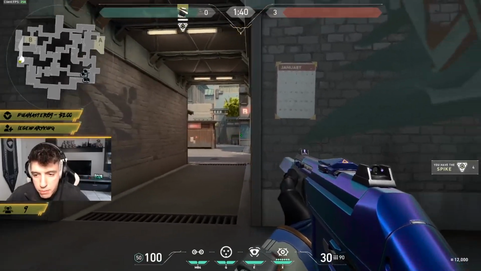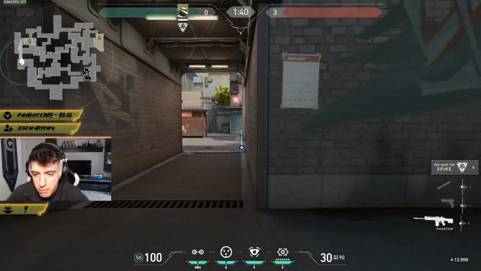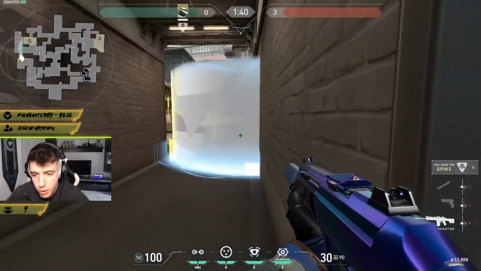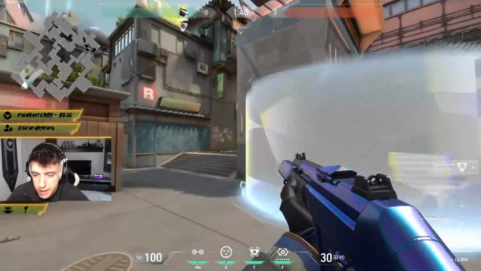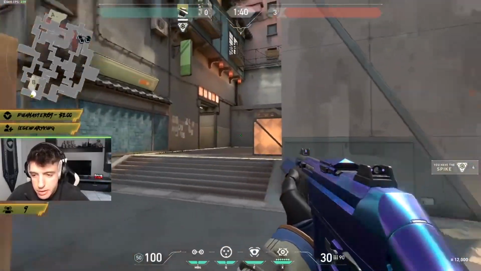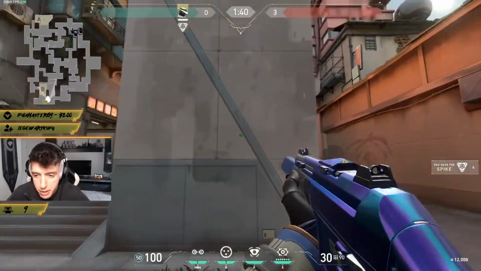But if I don't see anyone peeking and I want to push up a little further with my team, I want to put down my cyber cages here and one around there. I want to activate both, only have the left side open, and we can enter without us being exposed from heaven. And this is usually how I execute on B side with Cypher, using my cyber cages